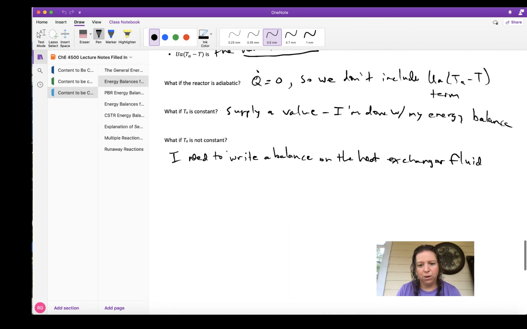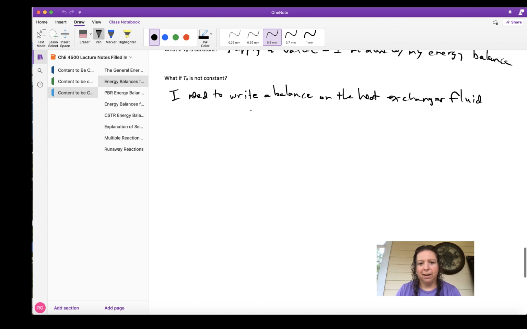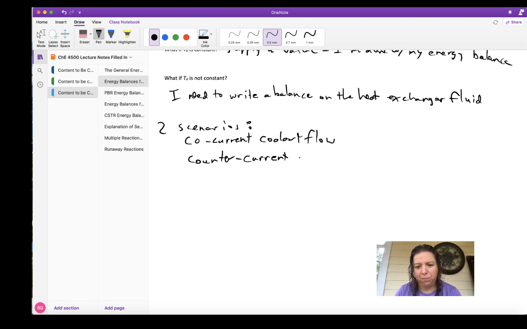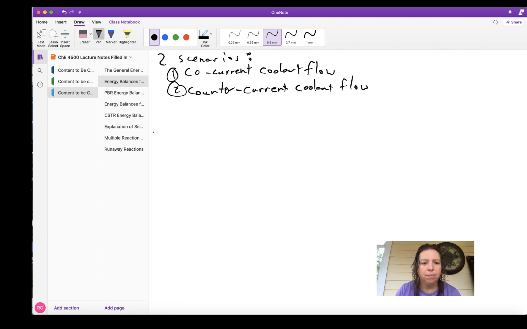So if we scroll down to our notes, what if TA is not constant? I need to write a balance on the heat exchanger fluid. So I have 2 scenarios here. I have co-current coolant flow, and I have countercurrent. So let's look at the co-current scenario first. If we want to derive the balance for the cooling fluid, so we'll say derive